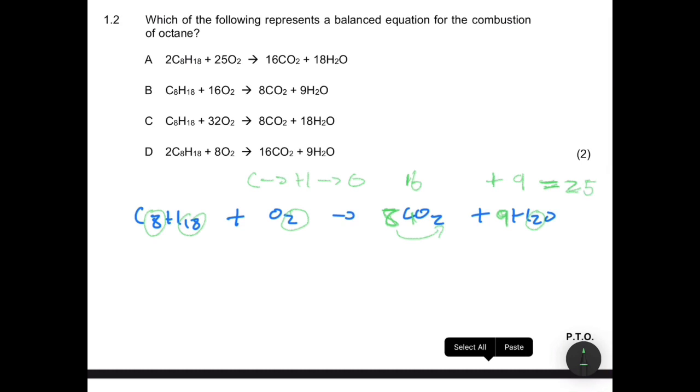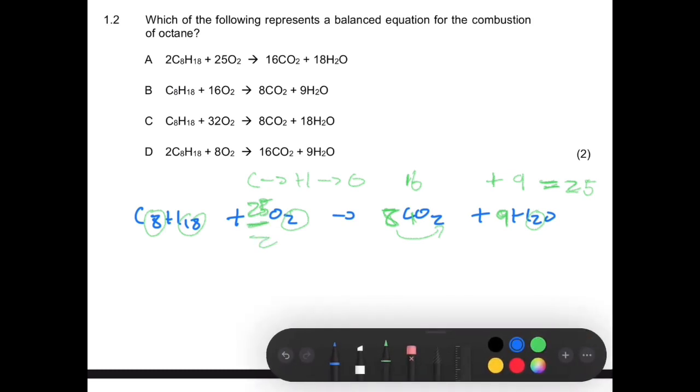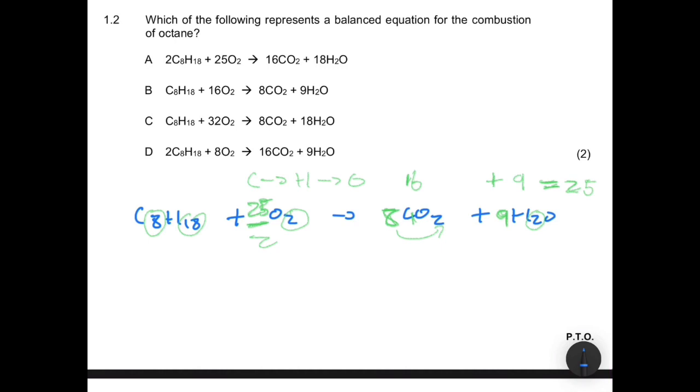And then here we have 2 oxygens. So how can we balance this oxygen? On one side we have 25, on the other side we have 2. If we put 25 divided by 2 here as a coefficient, then the oxygens will be balanced, right? But then you know fully well that on a chemical reaction, we're not supposed to have fractions. So if we multiply everything out by 2, then we're going to have our balanced equation. So if we do that, we're going to get 2